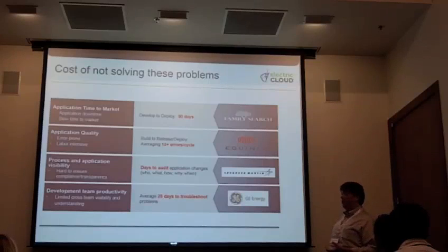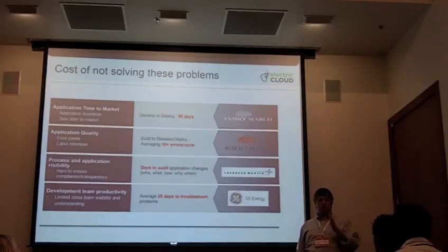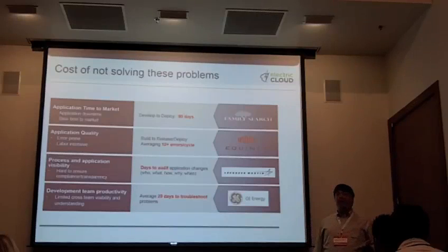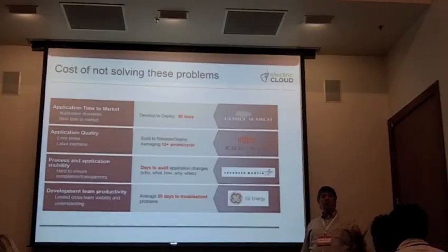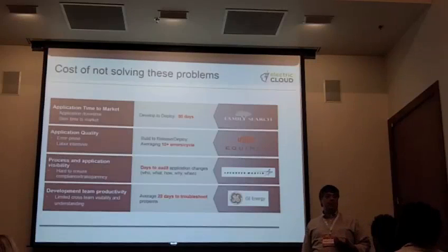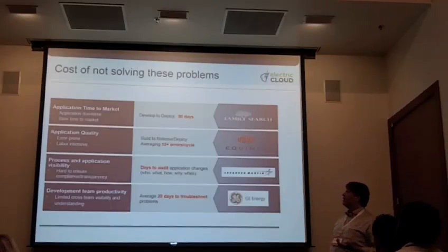And so, in a pre-continuous delivery kind of universe, which I think we still kind of are in, the way that you approach that is you mitigate the risk and you do it less often, right? And that means, even if you're an Agile software organization, you're building tons of features every 2 weeks or every 3 weeks for your customers. That doesn't do you a lot of economic good as a company if it then sits on the shelf for 90 days before your customers get to see it, right? So time to market is definitely an issue.